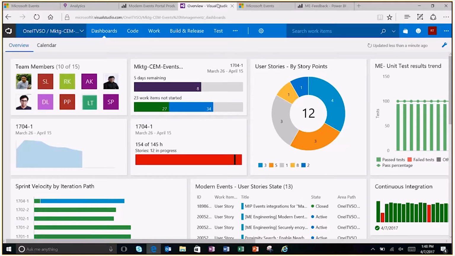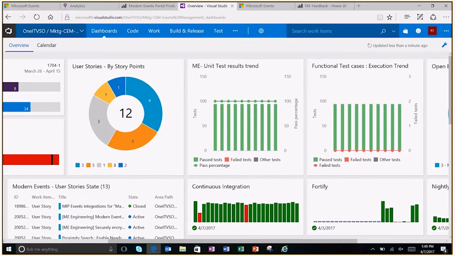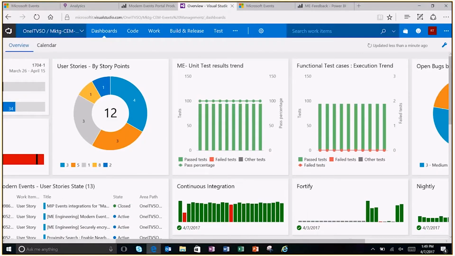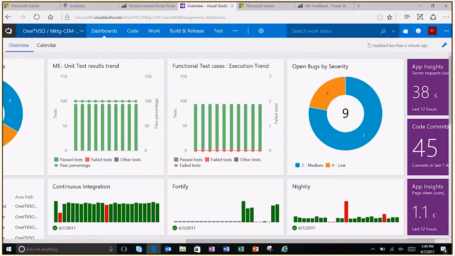Essentially, it shows which teams are working where, and the burn down charts, how the sprint is progressing along, and how we are doing with respect to the signed up stories versus the resources, and even some of the continuous integration and deployment with respect to the test cases and the functional test cases, and some of the builds, the security and privacy issues that are reported by some of these builds that we have. And what kind of bugs we are getting.